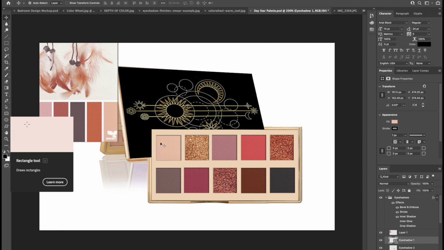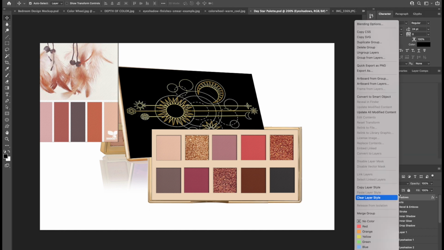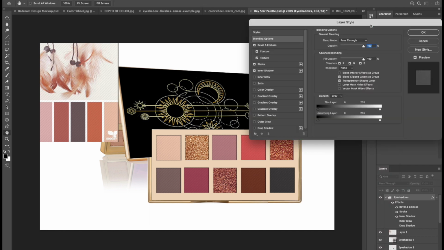I knew that I needed 5 shadows across and 2 rows, so I just made the size I felt would fit. And then what I did is I grouped all of these shadows under a folder here. And to make them look more realistic, you don't need this to send this to the manufacturer, honestly, but